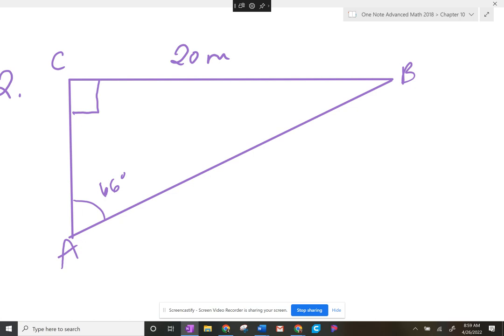20 over x. Fantastic. So first you have this on the bottom. X is at the bottom. You multiply both sides by